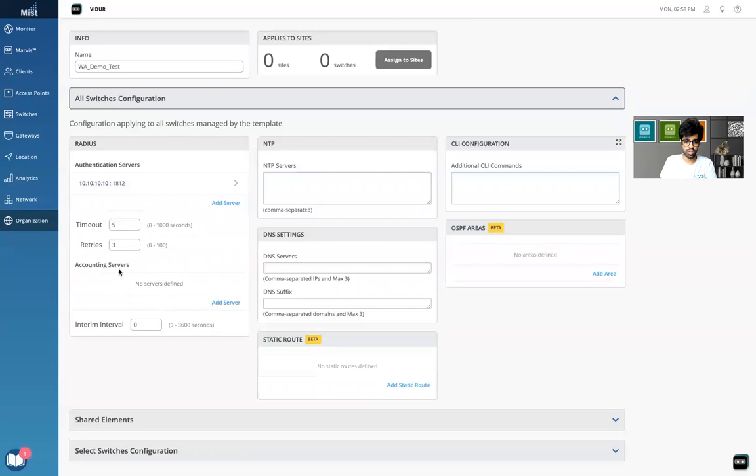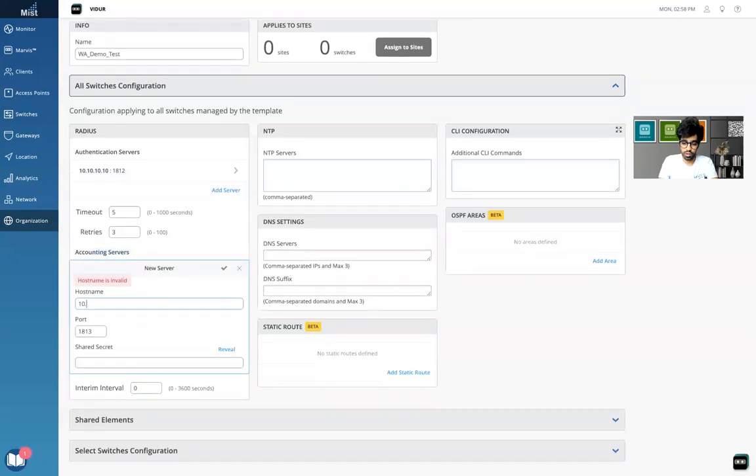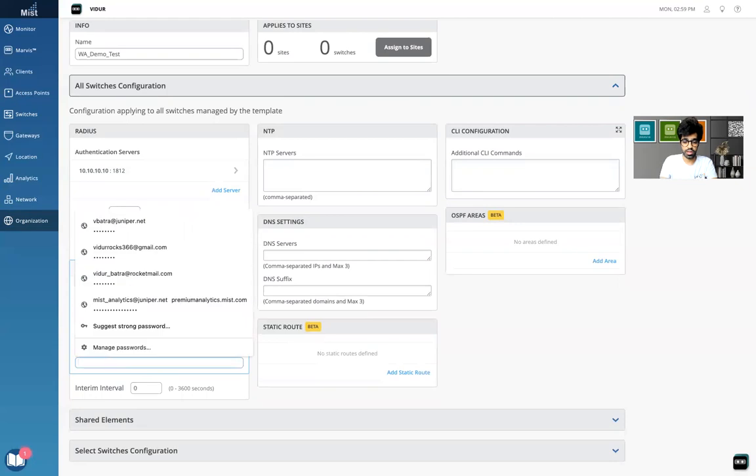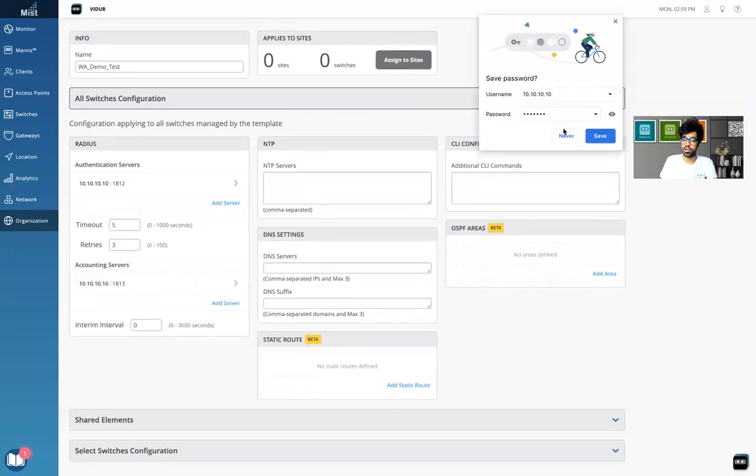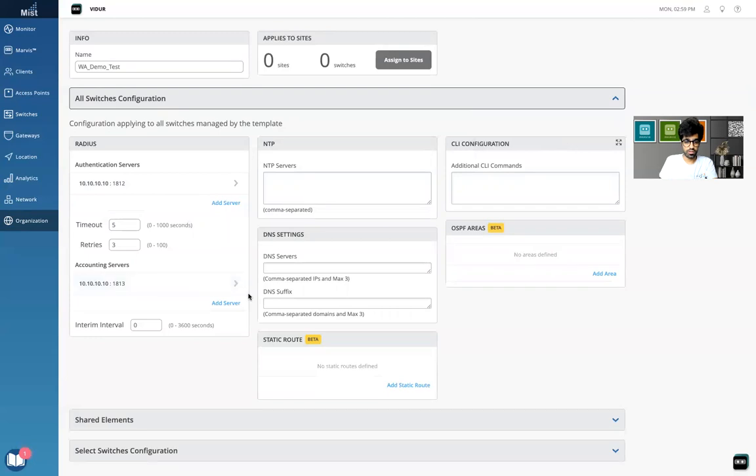I'm going to also go ahead and add an accounting server. Of course, my accounting server is the same as the RADIUS server. Port is 1813, the accounting port, and let's say this is done. Okay, cool. So I will click on save there. And the next thing, let's say I want to add an NTP server,